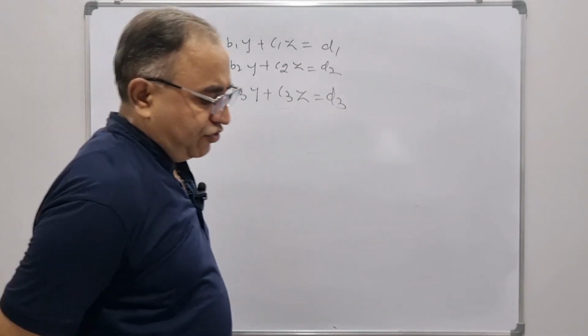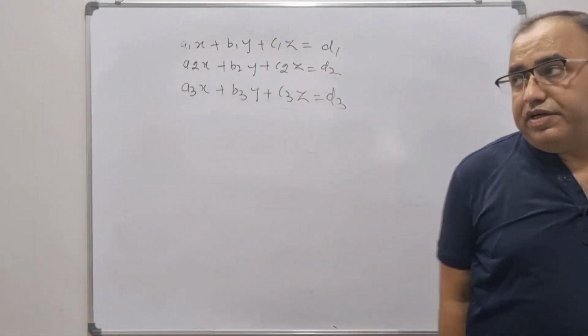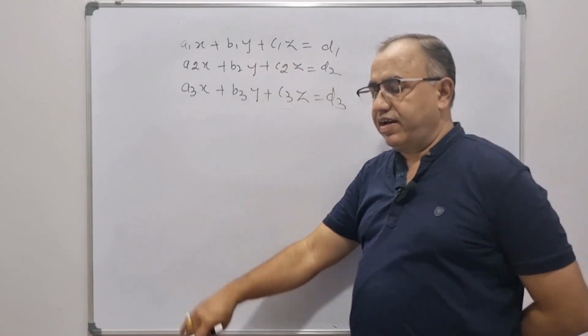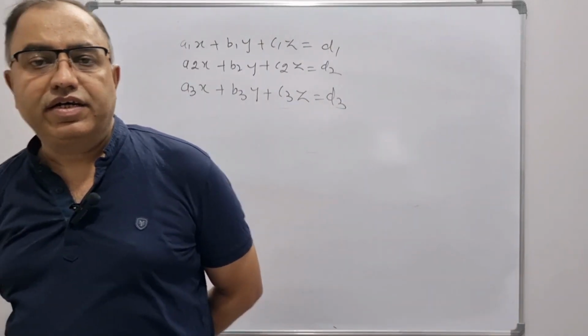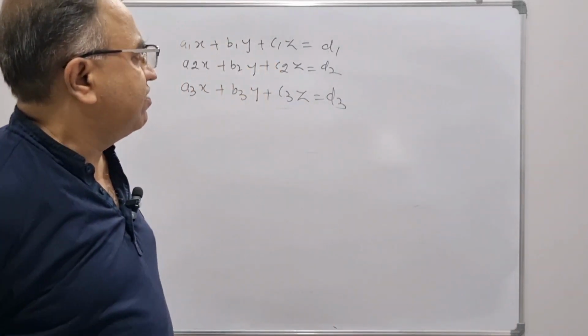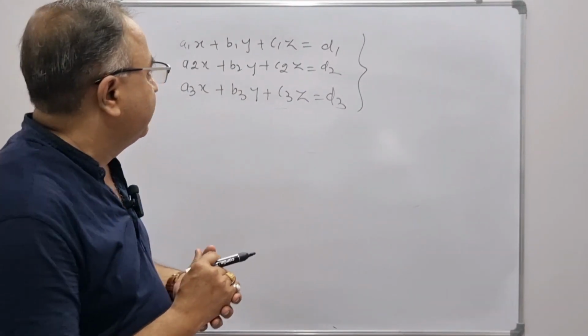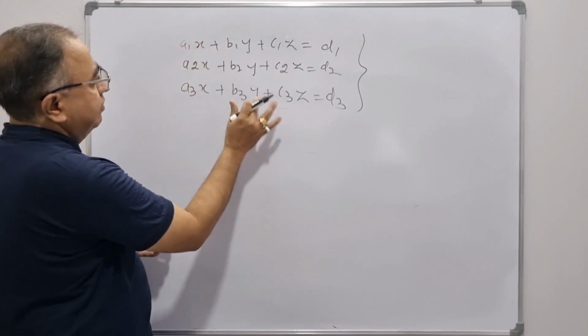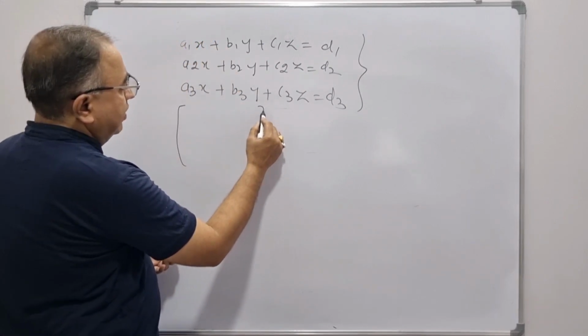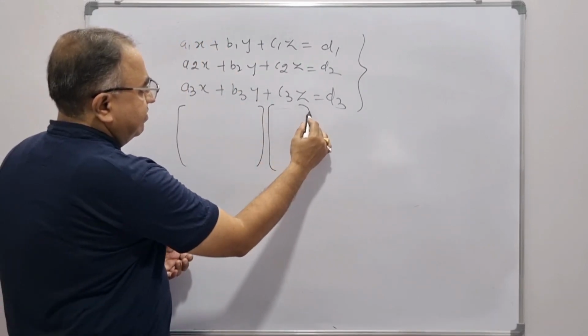This is a system of linear equations in 3 variables x, y, z. As the highest power of each variable is 1, we call it linear equations in 3 variables. How can we write it in the form of a matrix? You see that the left hand side is determined by the product of 2 matrices,